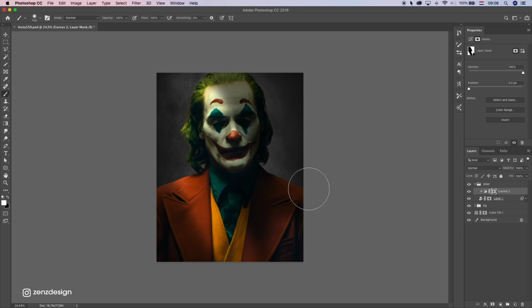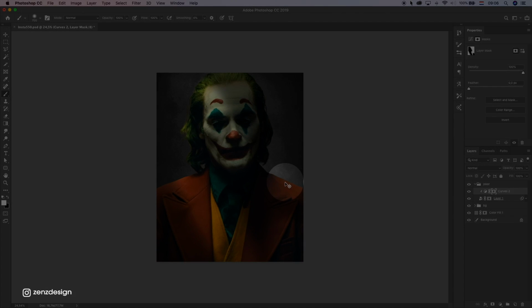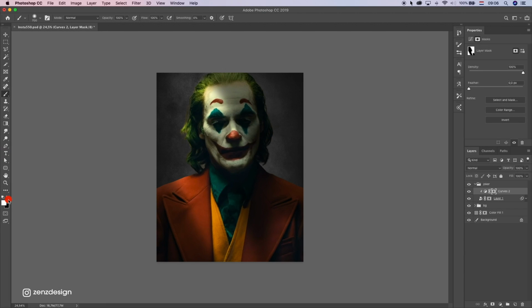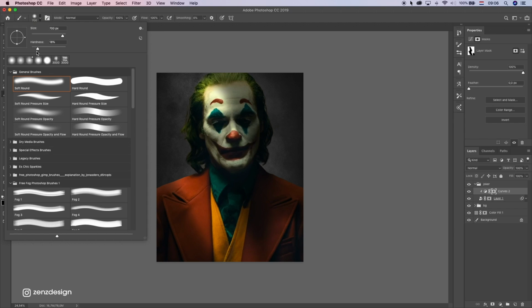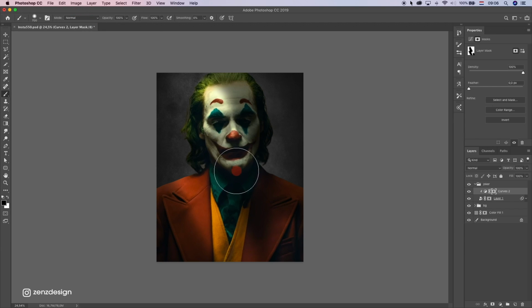And make sure this stays darker, because this here is blocking this light. So we have a darker area here and lighter areas here. Maybe leave his hair also dark in the background. I think we can even increase the hardness here.